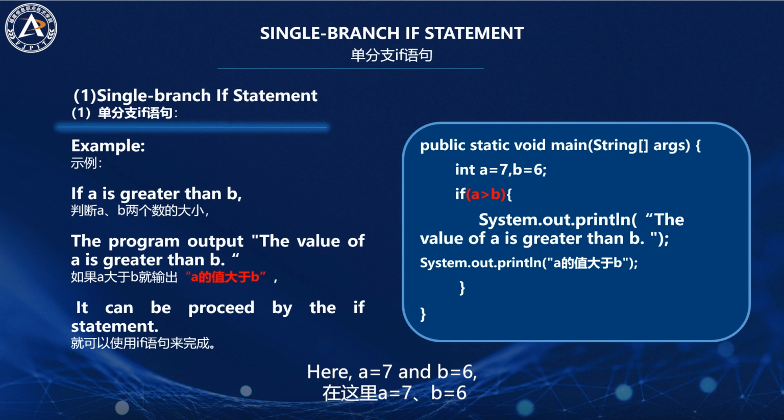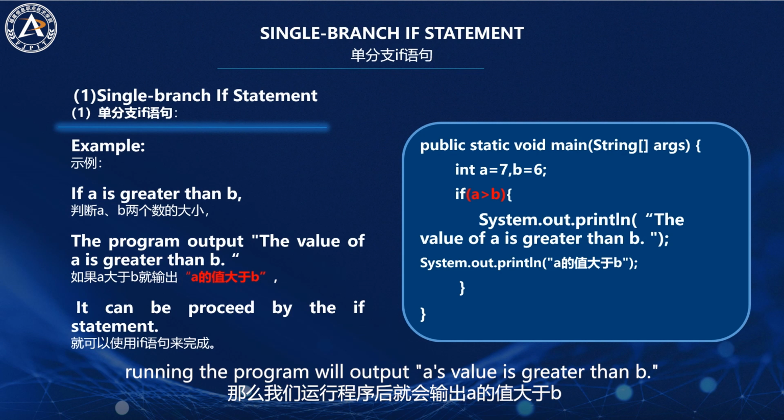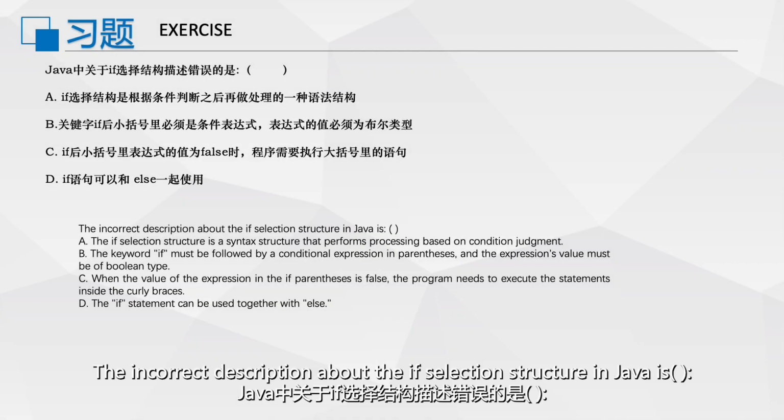Here, A equals 7 and B equals 6. Running the program will output A's value is greater than B. The incorrect description about the if selection structure in Java is: